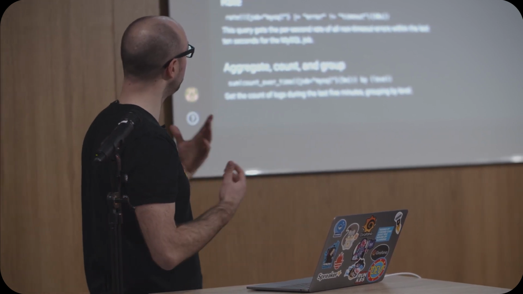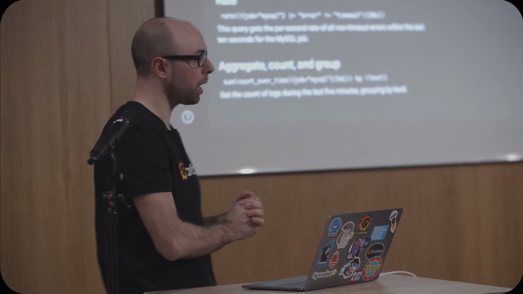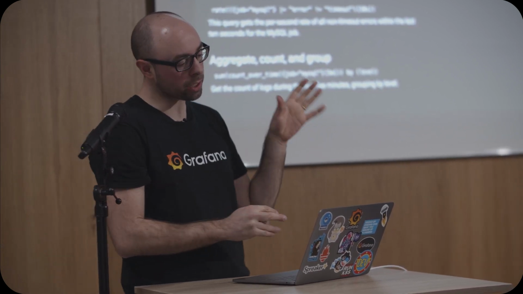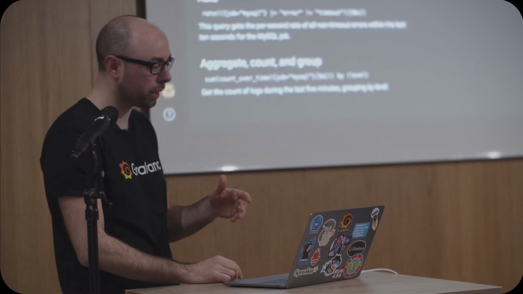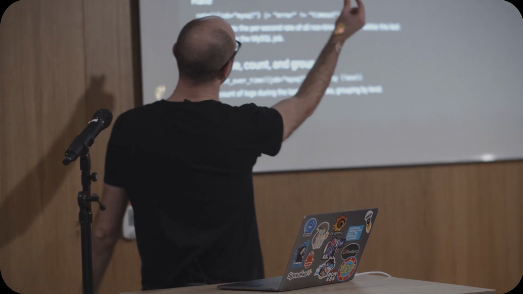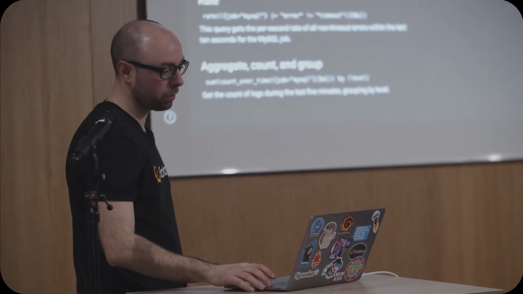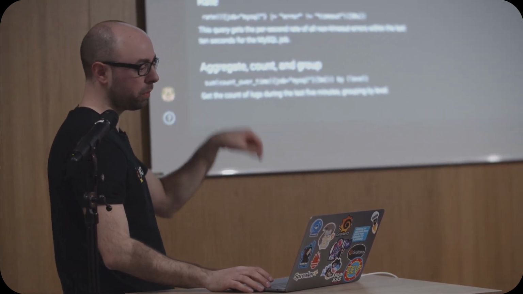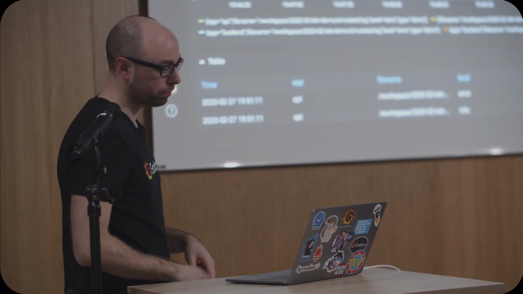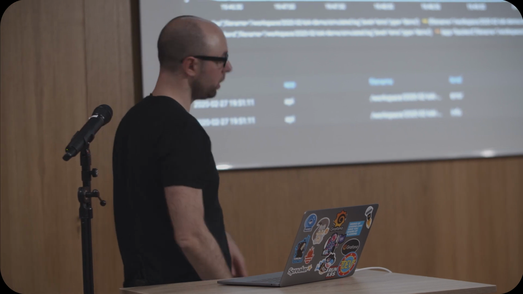We can compute metrics using aggregation functions, actually the same aggregation functions of Prometheus. So if you are familiar with Prometheus, what we can do, for example, is to calculate the rate of logs per second calculated over a 1 minute time window. So we can apply the rate function with a 1 minute time window to our LogQL expression. And what we see right now is